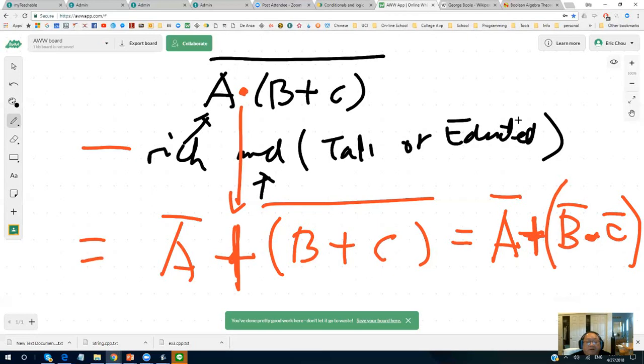Because if you have tall or educated, one of it, the second part will be true. But the second part, tall or educated, will have a bar. That means you are not tall and you are not educated, right? The second part will be true only when that happens. So the first part is like I'm rich and I'm not either tall or educated. That means I'm not rich or I'm not tall and I'm not educated.